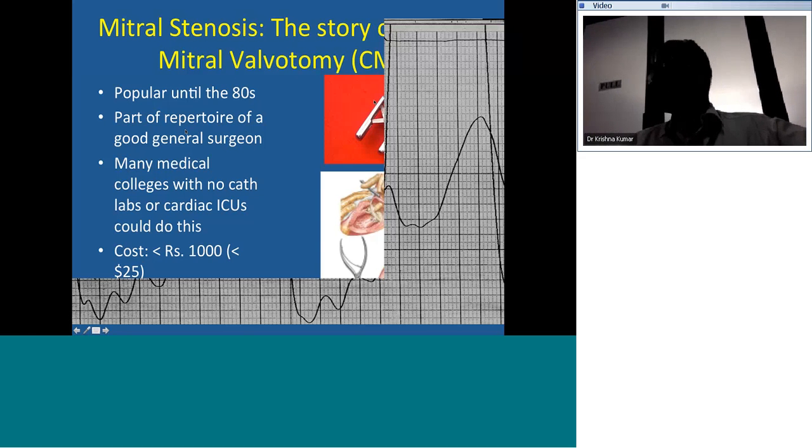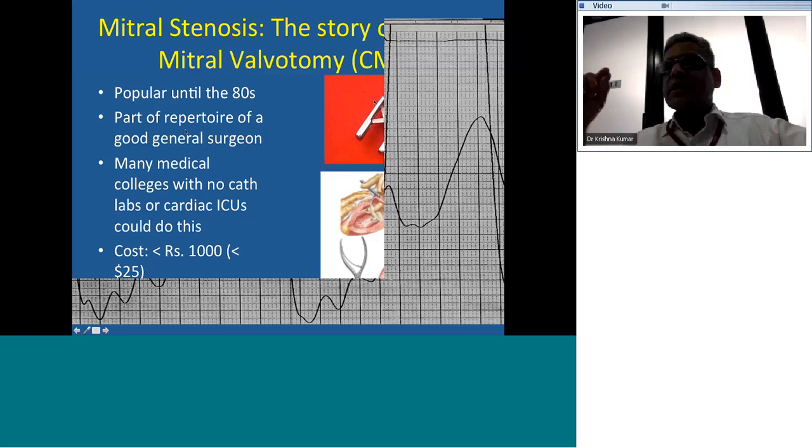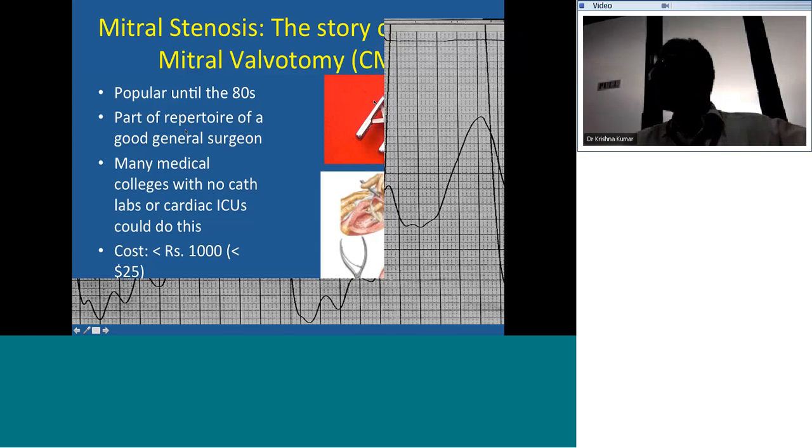So he used his ears, stethoscope, and kept a record of 780 patients consecutively sent for surgical closed mitral valvotomy, based on his auscultation. And except for 2 instances, he didn't make a mistake. All the patients did well, except for 2 instances. So it was a remarkable performance. And that kind of quality is possible because